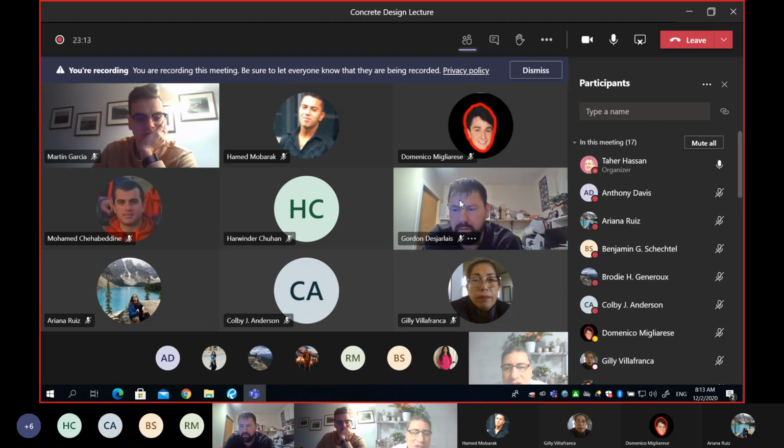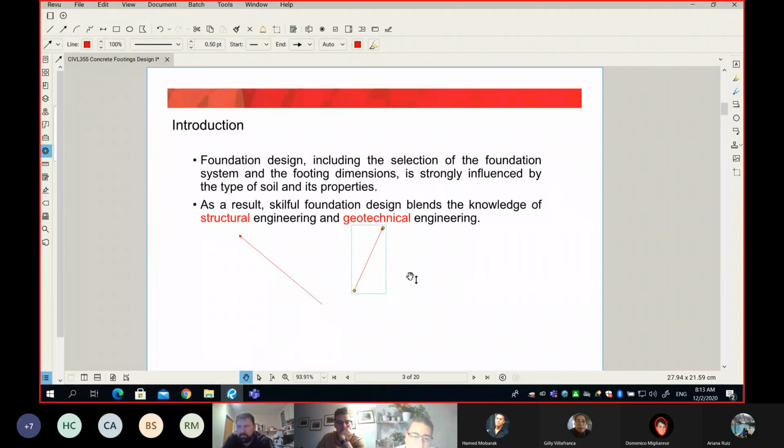And then from all this investigation, the geotechnical engineer will come up with lots of recommendations, among which, hey, design engineer, the best system for your area here is piles, or raft footing, or a spread footing, or whatever system the geotechnical engineer will recommend. So initially the system comes from the geotechnical engineer,